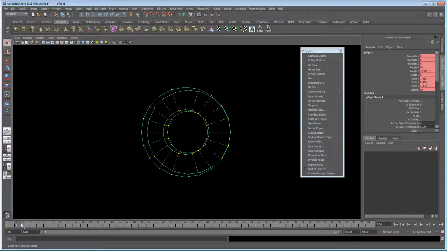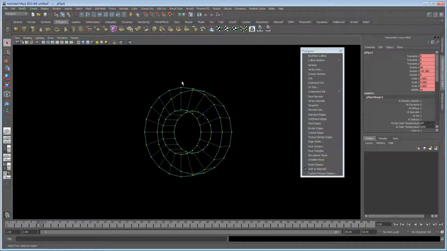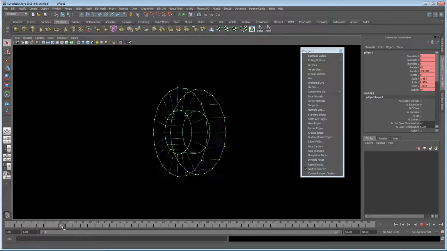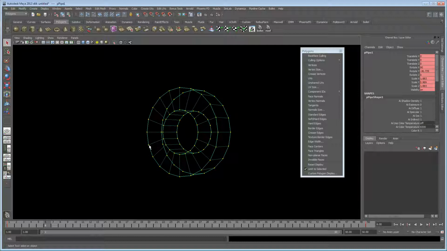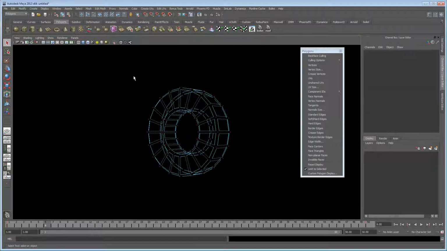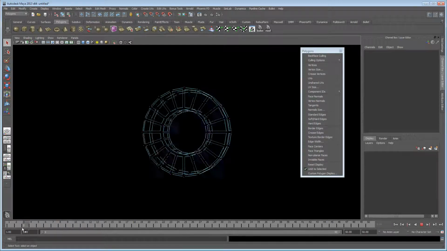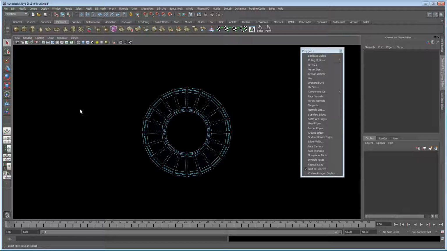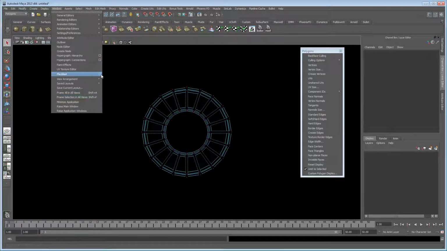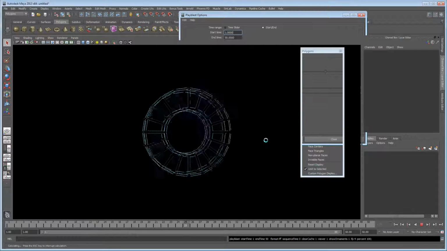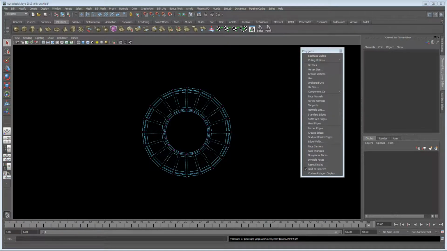The soft and hard edges, that's going to show these nice little wireframe looks, and also we can right click on it and go down to vertex face. That's going to give us another look entirely. Now if you don't touch anything, you just play blast, you're going to get this look for free. So that's another one I think I'd want. I won't play blast it now. Yes, I will. I'm just going to play blast it,